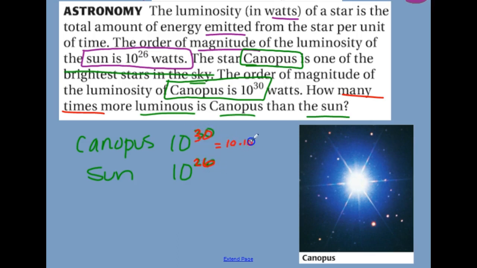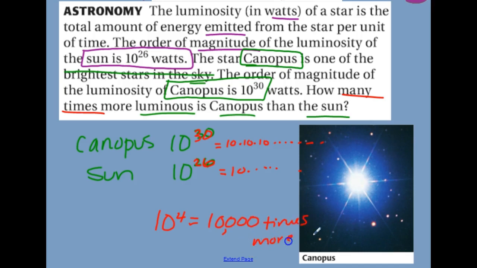So you guys, I could write this out 30 times and write this out 26 times. But how many more 10s would there be? Well, there would be 4 more 10s in Canopus, which is really 10 times 10 times 10 times 10, which is really 4 zeros. 1, 2, 3, 4. So it is 10,000